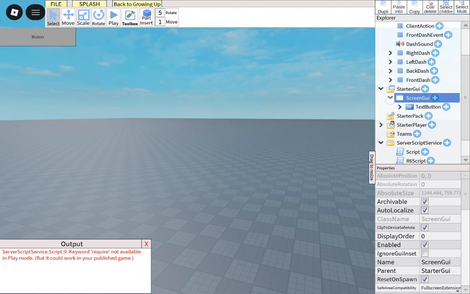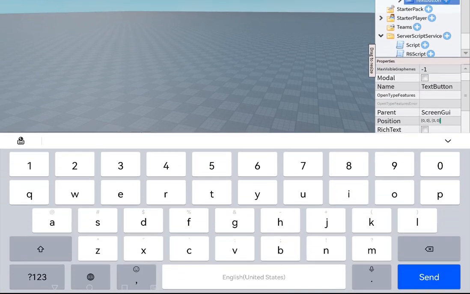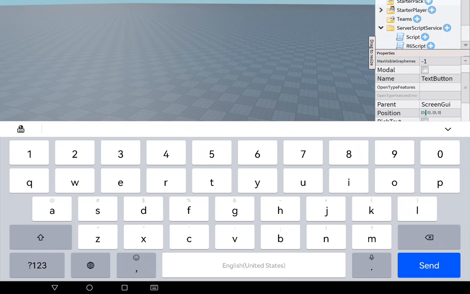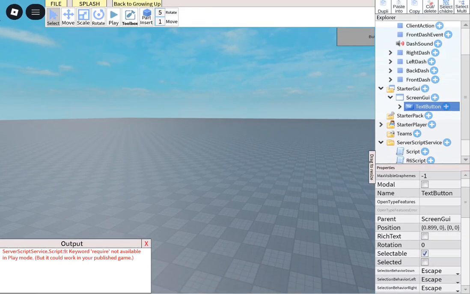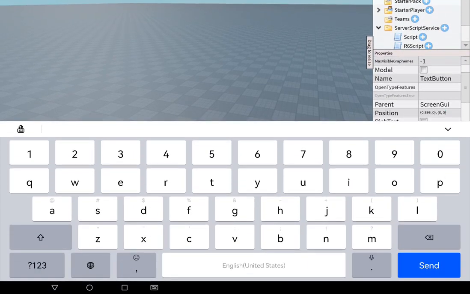I'ma edit this button real quick. Oops, that's too much.